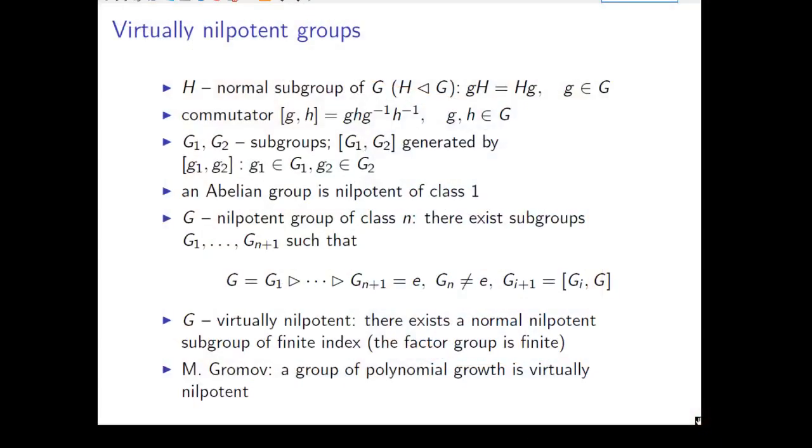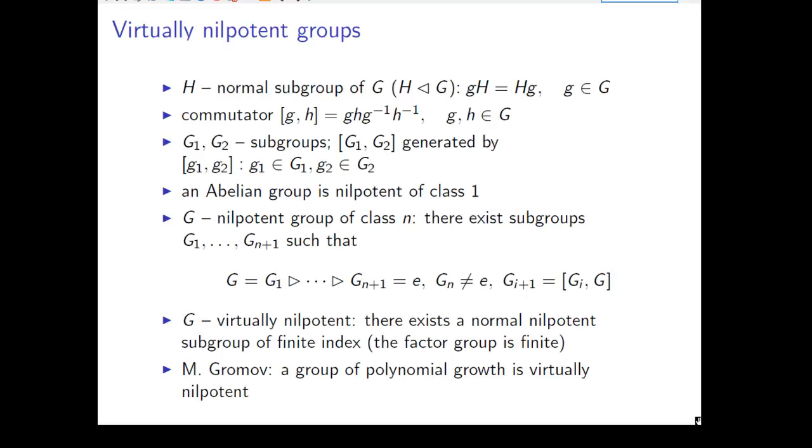Now some algebra. I recall that a subgroup H of G is called normal if this equality holds for any element g. I define the commutator, and for two groups the commutator is generated by commutators of elements. And now the definition is inductive. A commutative group, an abelian group, is nilpotent of class 1. And after that, we say that the group is nilpotent of class M